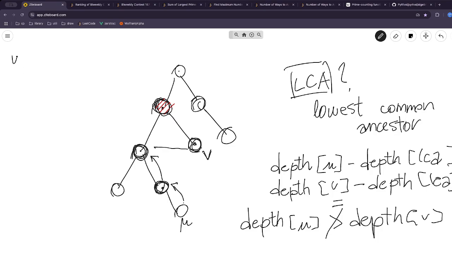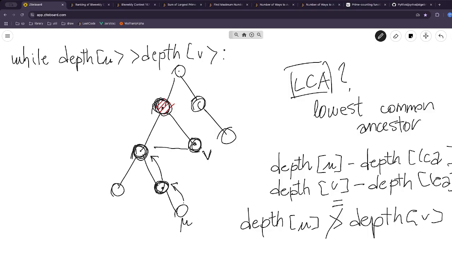So we could do something like this, right? While the depth of U is greater than the depth of B, then U equals the parent of U, right? So now they are both at the same level. I mean, there is an edge case where the LCA is B, right? And in that case, you're done, right? But let's say you're not done. Then